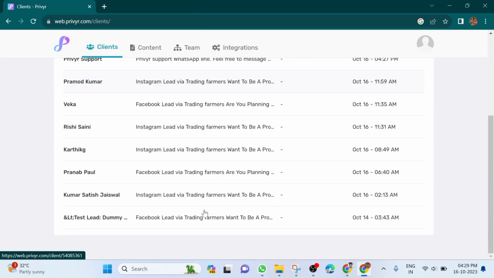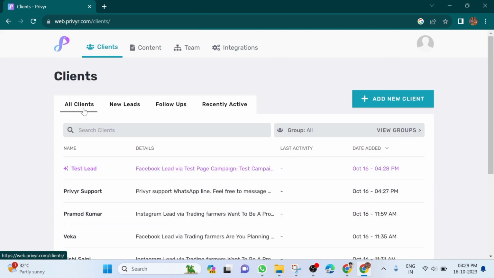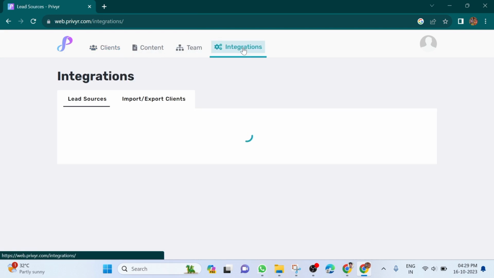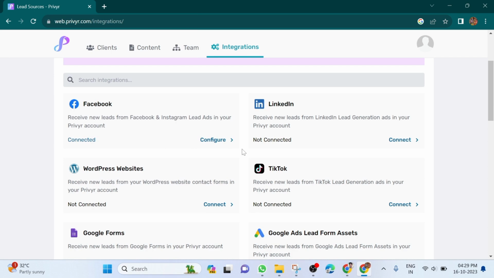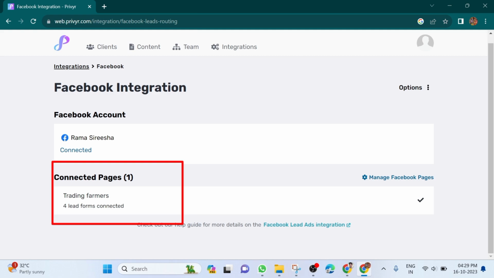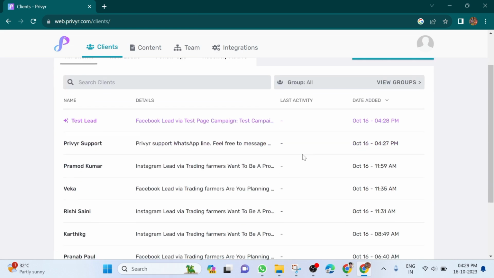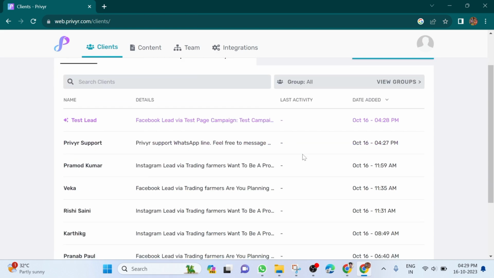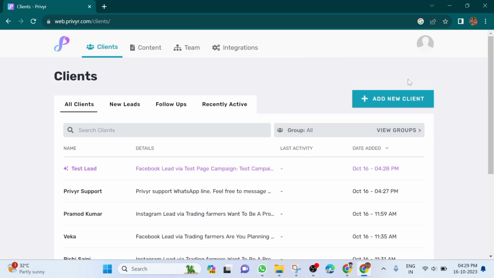You can see we have successfully connected our desktop version CRM, and I will just give you the overview. You can see, click the integrations, just check out, we are already connected to Facebook, right? So click configure. You can see here our trading farmers page, and we have connected 4 forms, right? So that's how it is actually connected. So go back, and when somebody fills out our form, we will get a notification here, and you can see the